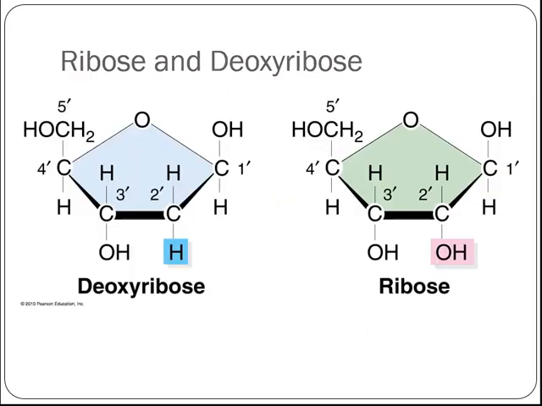The sugars found in nucleotides are either ribose or deoxyribose. Both are formed by the cyclic form of the 5-carbon long sugar ribose. Deoxyribose just happens to have lost its hydroxy group on the second carbon. In nucleic acid nomenclature, we often label the carbons in the sugars as prime to differentiate them from the carbons